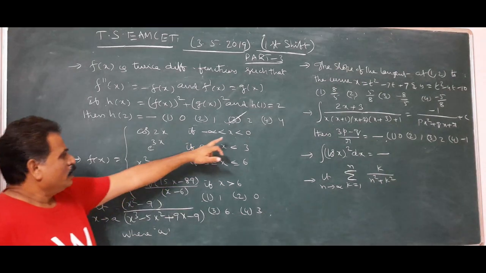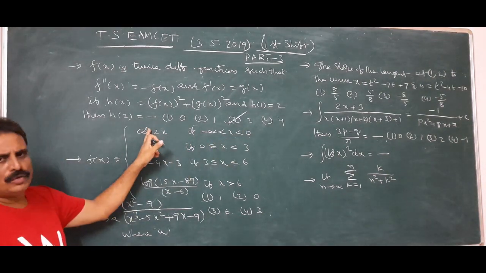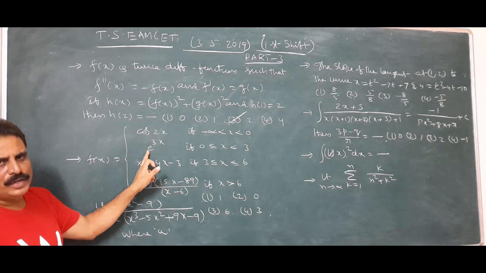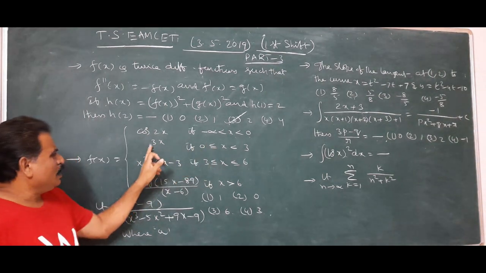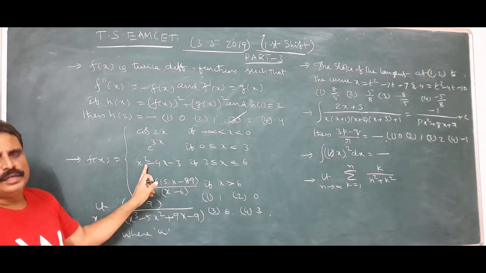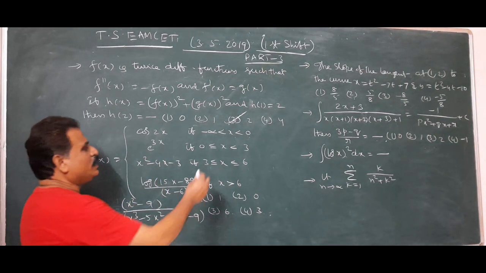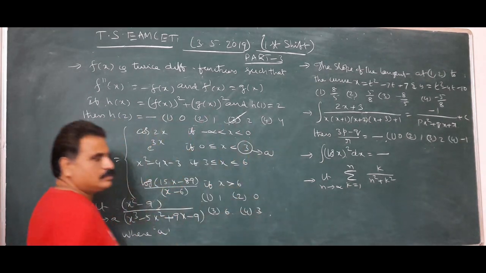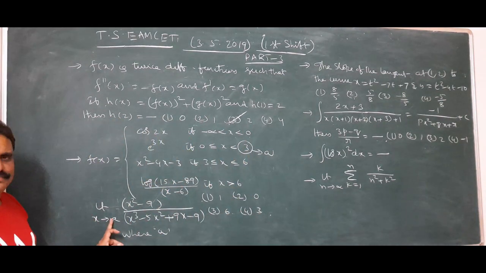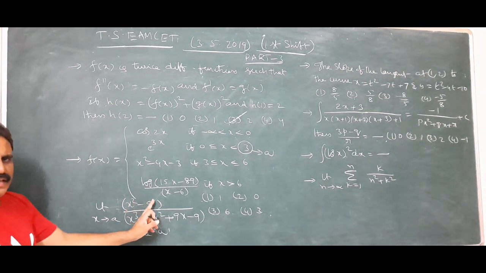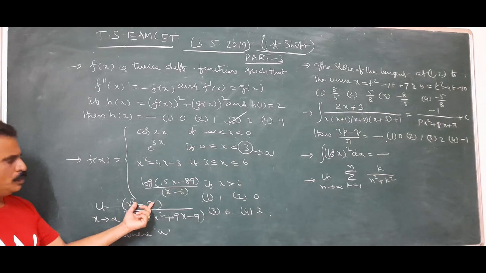Look here. Substitute x equal to 0: cos 0 is 1. If you substitute 0 here, 1. So it is continuous at 0. If you substitute 3, e^9. But if you substitute 3 in the next piece, you won't get e^9. That means it is discontinuous at 3. This is the value of a. a equal to 3. If you substitute 3 here, what happened? 9 minus 9, 0.